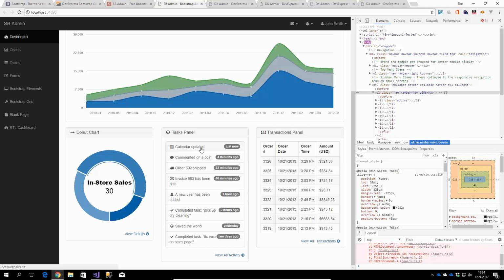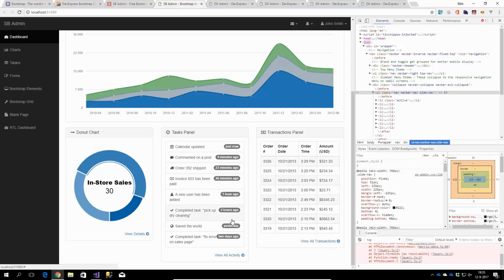Let's take a look at the task panel. This looks like a list of items. It's got a bit of a status badge, which is a typical Bootstrap thing, a badge. And it's got a little icon in front of it. What I personally think is a bit not too nice is that the text, which is padded here, is right below the icon. It's not lined up with the I from invoice in this case. And also, the badges are not really aligned. So